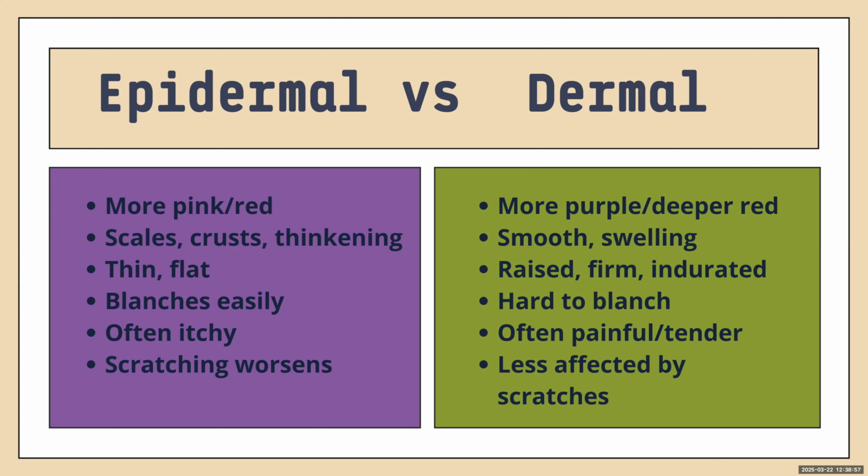And why would that be? Why is a dermal rash more purple? Anyone? Because it's deeper. Just because visually there is more padding to the vision, so you can't see the arteries right away. That's it. And one thing that I do when I'm examining an individual is I just check the skin temperature with the back of my hand. An epidermal rash would feel warmer, just because you're closer to the arteries